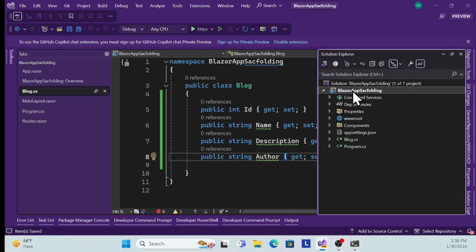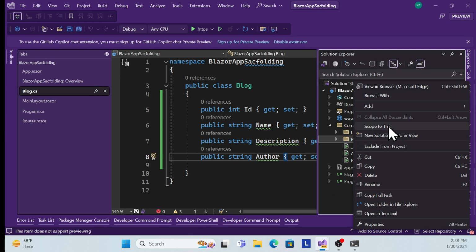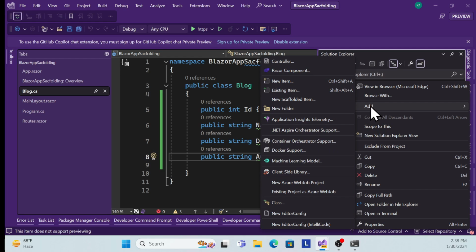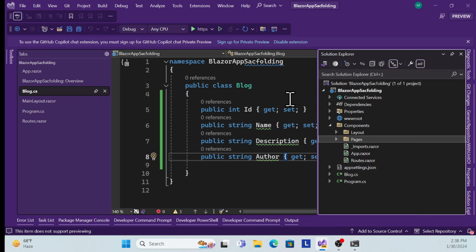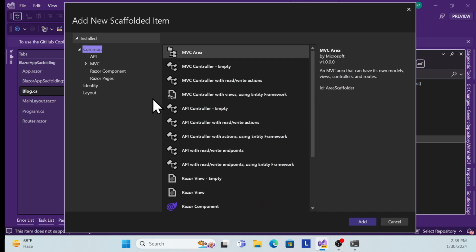And then what I will do, inside the page, right click, add. Once you go to the right click and add options, you are able to see this option, new scaffolding template. So this new scaffolding, once you click, it will prompt you